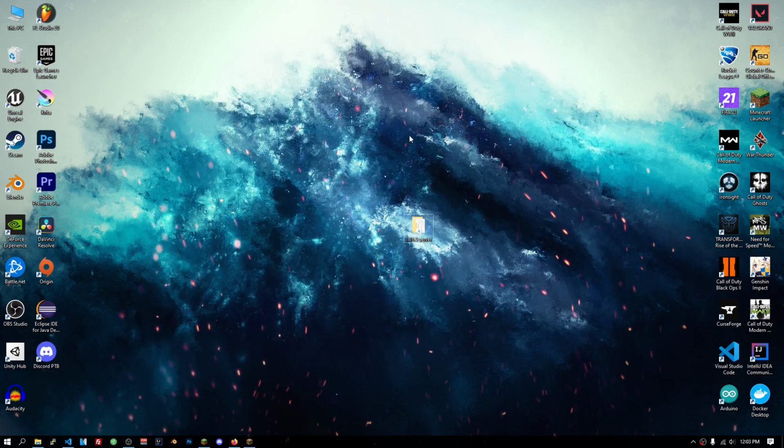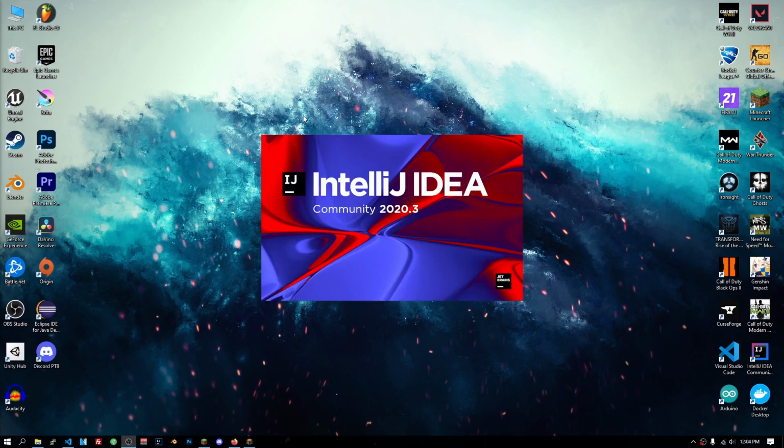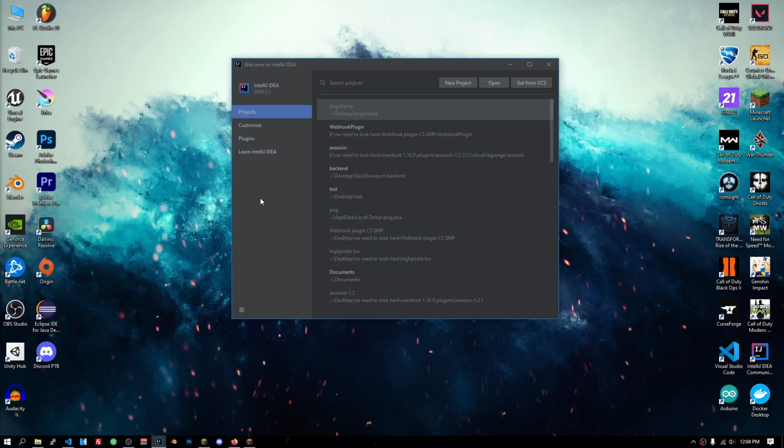The first thing that you need to do is open up your IDE. I'm going to be using IntelliJ IDEA, but you can use Eclipse or Apache NetBeans, because regardless of what IDE you're using, we're going to be using Maven, the build system. If you've been into Java, you might know what Maven is. So let's get started. First I'm going to open up IntelliJ IDEA. Once you have this, you're not going to see any of these projects, but let's click new project,